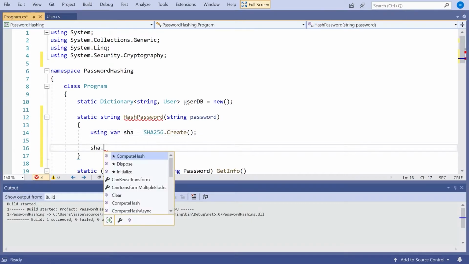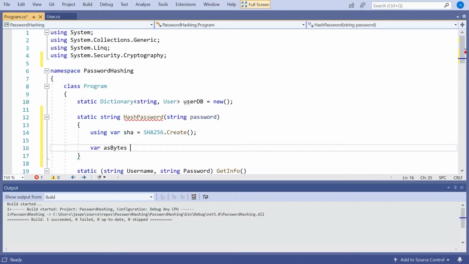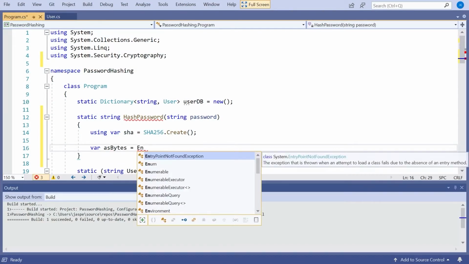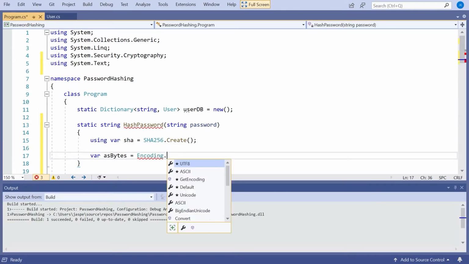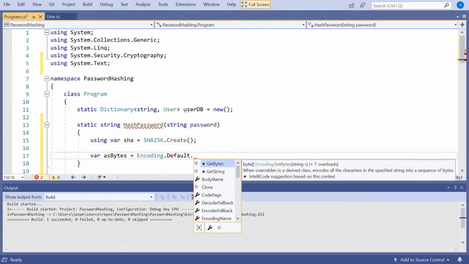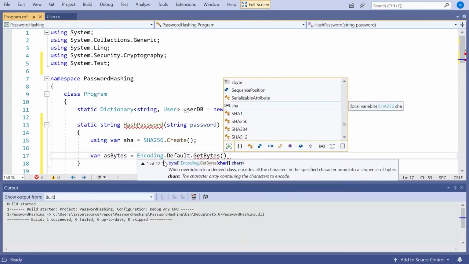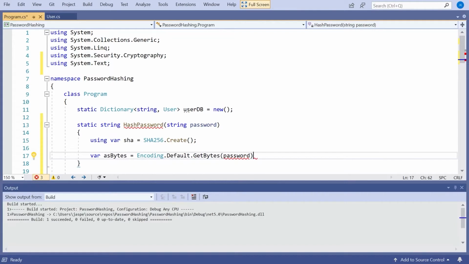And then if we look at that ComputeHash, you can see that what it actually takes and returns are arrays of bytes. So although we're going to do this on a string, actually the algorithm works just on numerical data, arrays of bytes. That's easy enough because we can convert that. So we can say var asBytes equals Encoding, again get a namespace, then Default, and then GetBytes, and so that will convert our password as a string just into an array of bytes. So nothing special there.